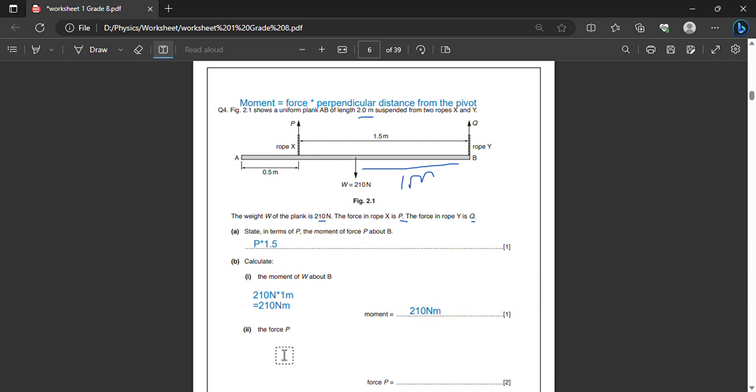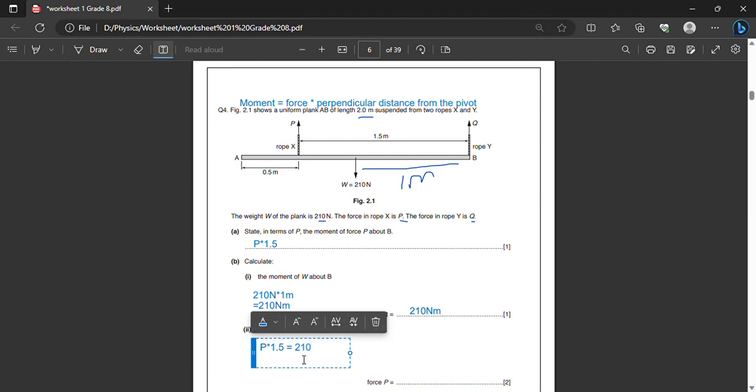The next question. Here they said calculate force P, and the only thing they give is the moment of the weight W, to be 210 Newton meters. So to calculate the value of P, you can simply do it by calculating the clockwise and anti-clockwise moments. So you can write P times 1.5 is equal to the same